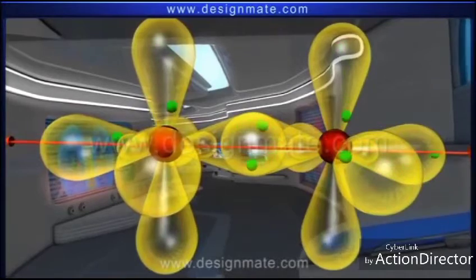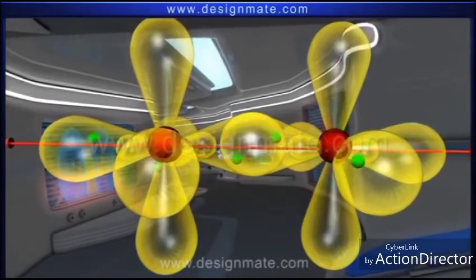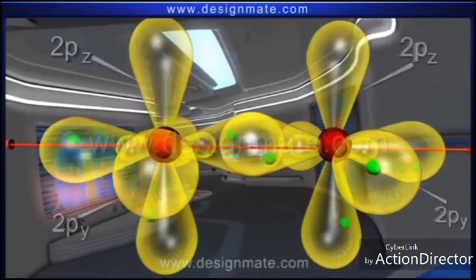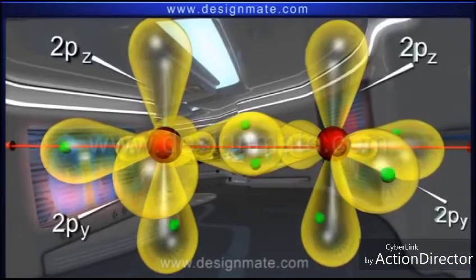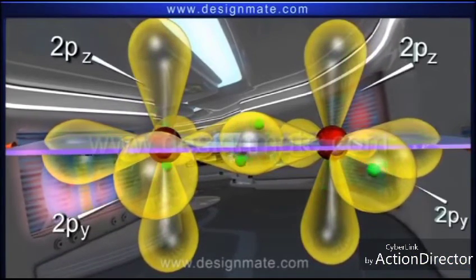Each of the carbon atoms also has two unhybridized p orbitals, namely the py and pz orbitals. These orbitals, which lie